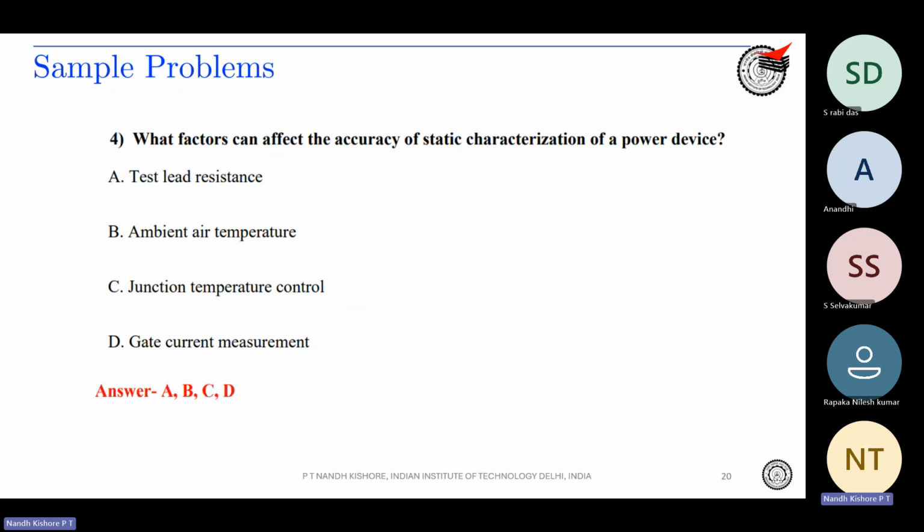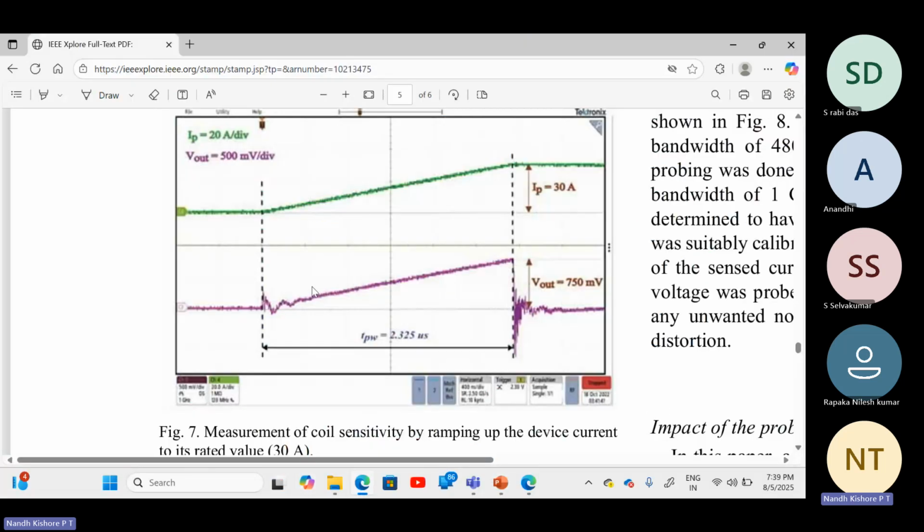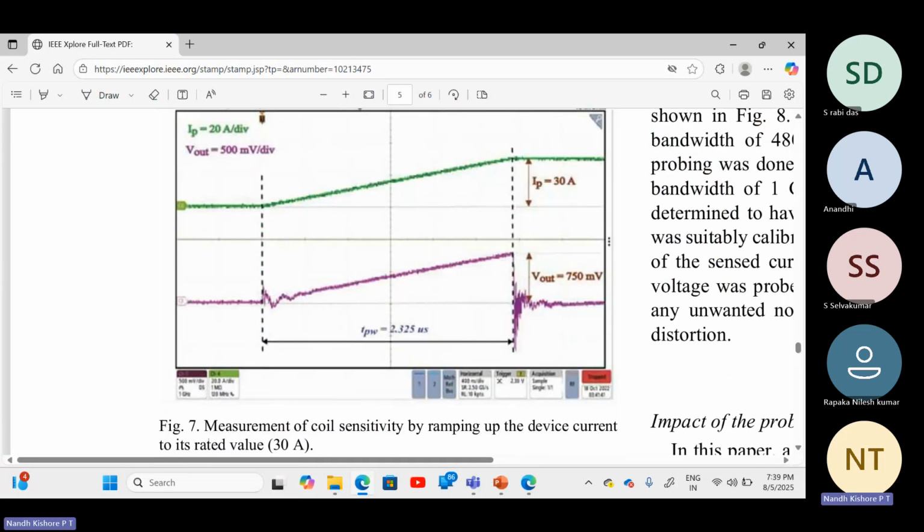What factors can affect the accuracy of static characterization of a power device? So test lead resistance, ambient air temperature, yes. Junction temperature, yes. And gate current measurement, yes. Okay, so let me just go back to the one that I was on. So you see over here, there are quite a few transients. You will see that these transients actually change with the temperature. So let's say you're operating at 50 degrees and in the other case you're operating at 100 degrees. These transients will change. Okay. Why is it changing? Just to give a perspective,